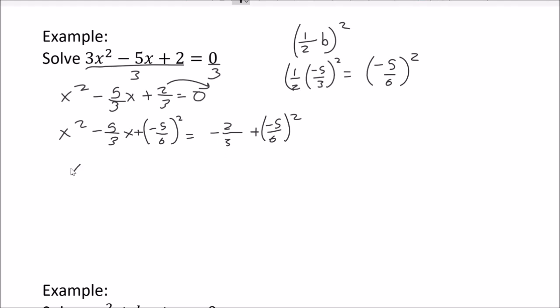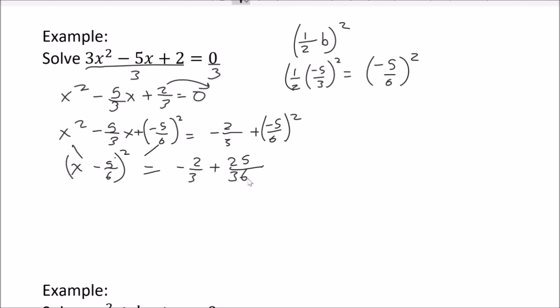So over here, I'm going to factor it. Remember, this always comes down, and that comes down, and it's not the squared version. We're just pulling exactly what it is. So we pull down an x, pull a negative 5/6. Make sure you write that it's squared. Now we get to combine these. So we have negative 2/3 plus